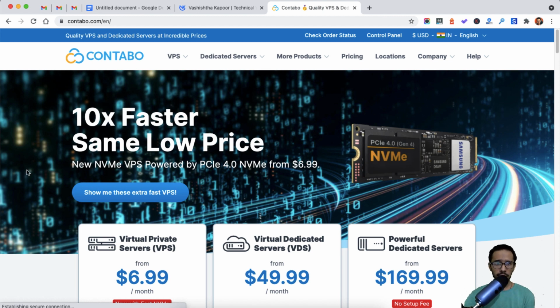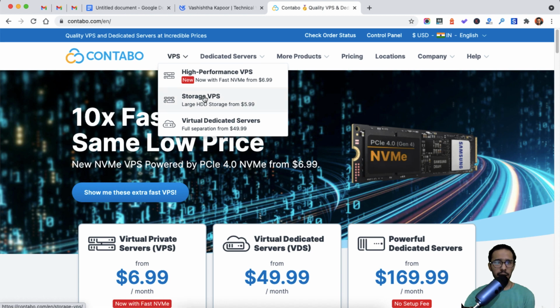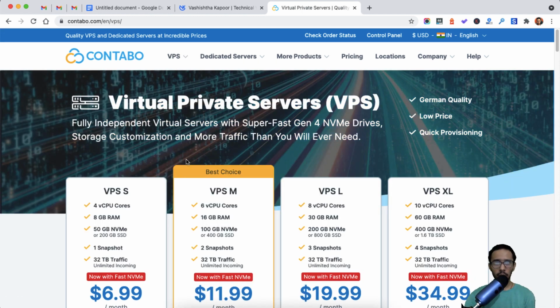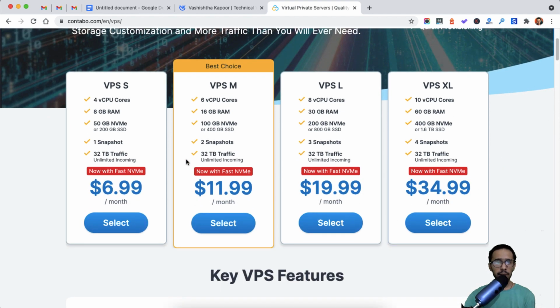So normally you just need to go to the VPS, high performance VPS, and there you will find all the normal options, right? Now here you can select any of the VPS plan you want to start with based on your budget.